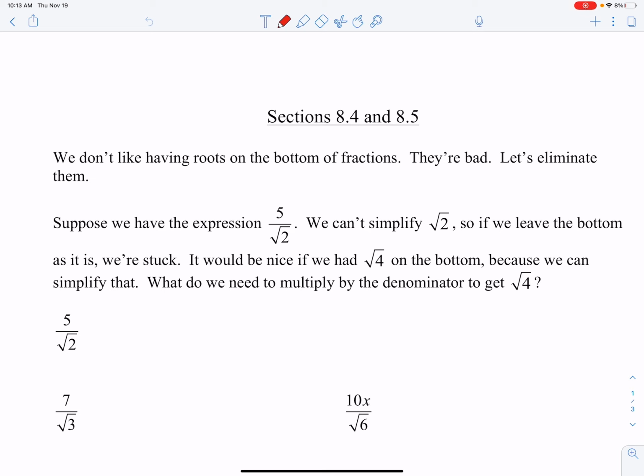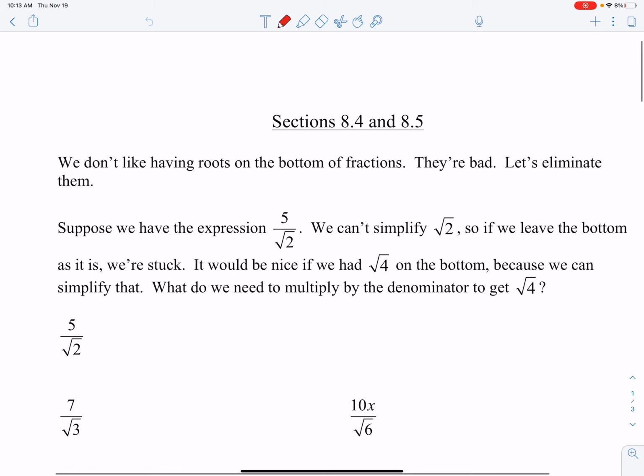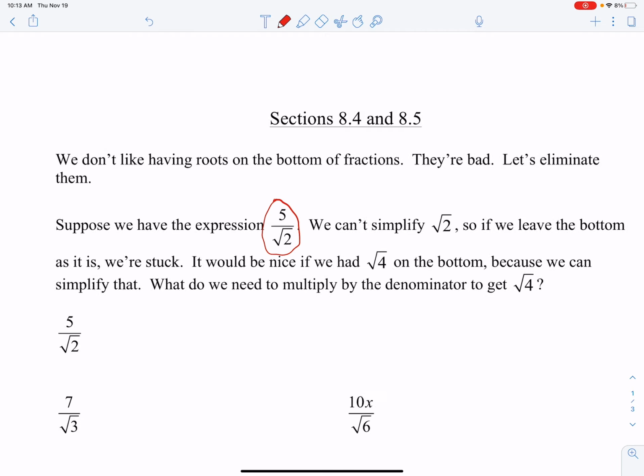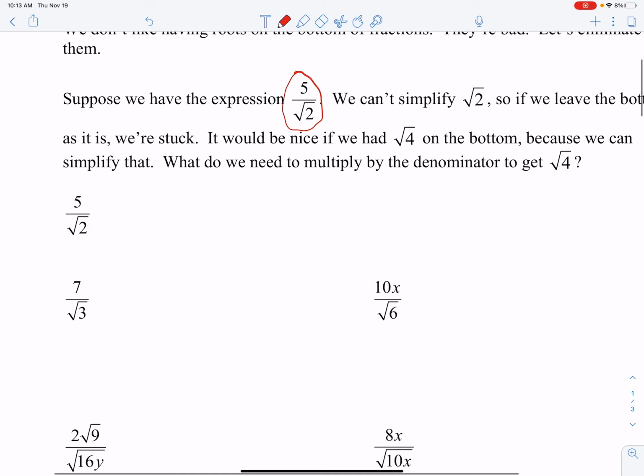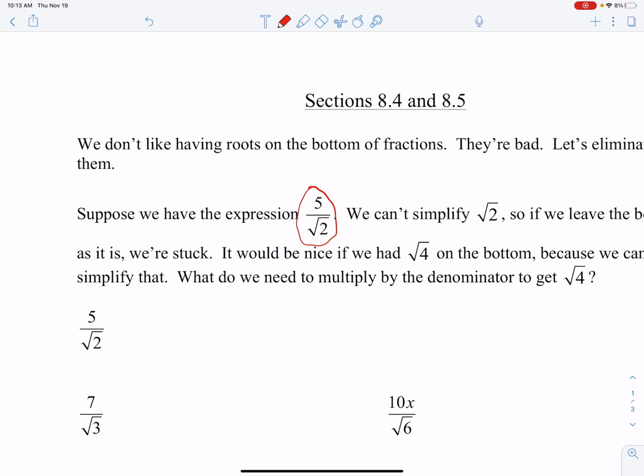You can have roots on the tops of fractions, that's okay. We just don't like having square roots on the bottom of the fraction. So if we have an expression like 5 over the square root of 2, we need to try to simplify that. Now we can't simplify the square root of 2. So what we're going to do is use a neat trick, which is that when you multiply a square root by itself,